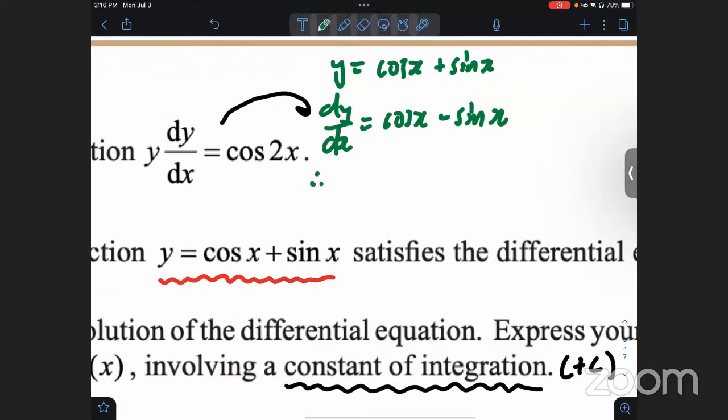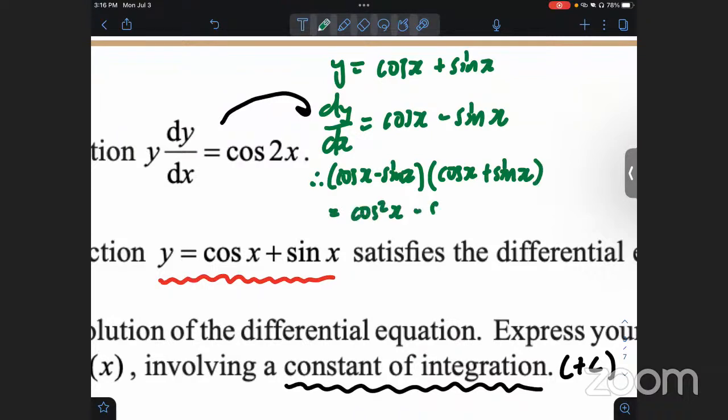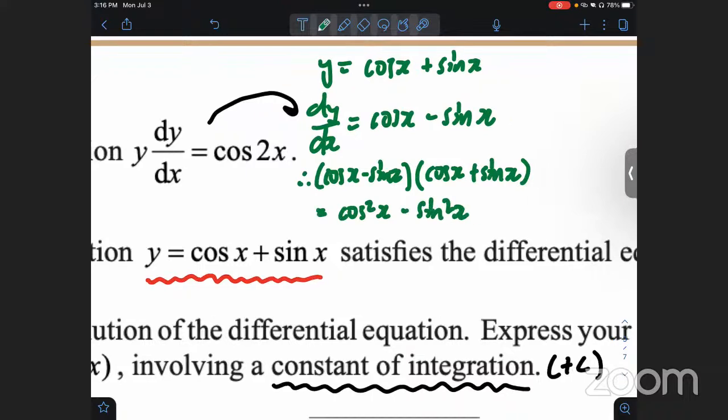Yep. No, I don't think so at all. So y squared equals